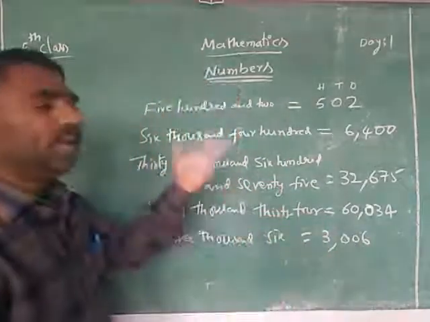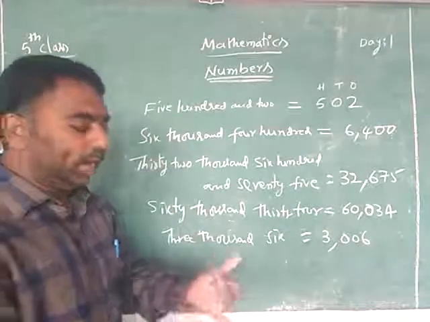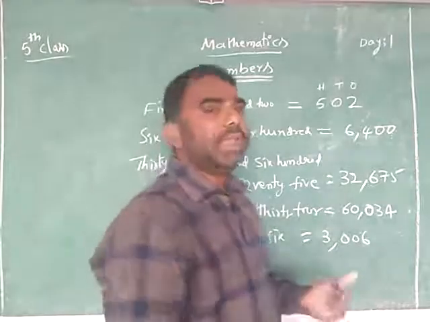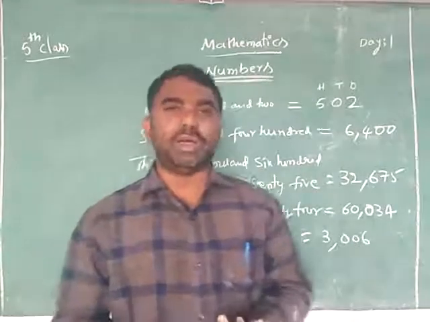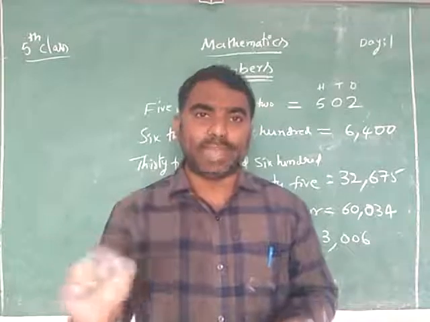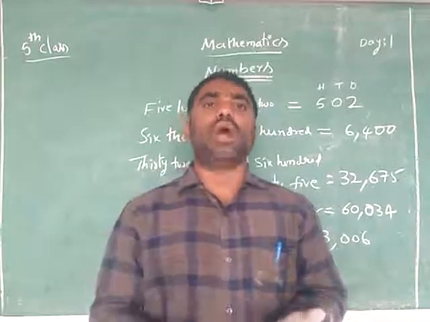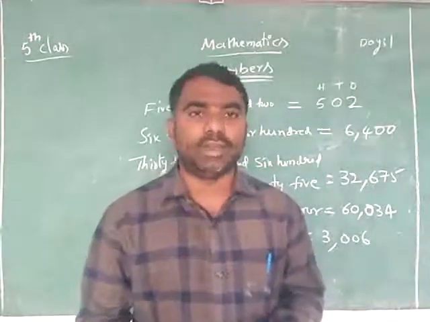So you know how to read the numbers very well. Now how to write the numbers. How to read and how to write. We are learning up to 5-digit numbers in this class: how to read a 5-digit number, what is the meaning of a 5-digit number, and how to read and write in spellings. If they have given the spellings, how to write in figures, like these numbers. You have practiced all these very well.